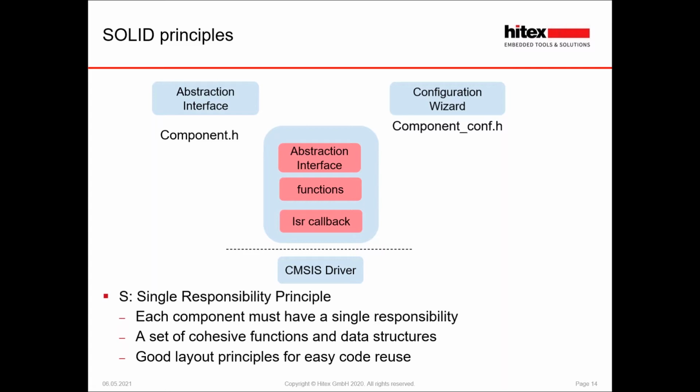We use good layout principles for easy code reuse. So typically this will provide a header file with the usage API to the thread layer, and have a separate header, which is a configuration file, which has all the hash defines that we can use to configure our component. And within the development tools, as we see in the next webinar, we can add a configuration wizard here, which makes the code much more intuitive to set up, either for a third-party user or yourself when you come back to the software after about 3 months or so and forgotten